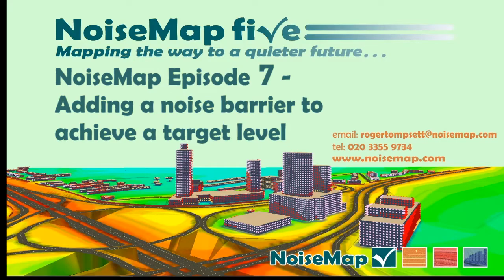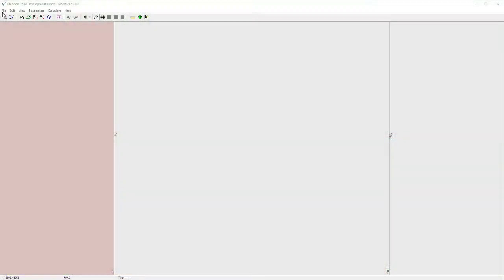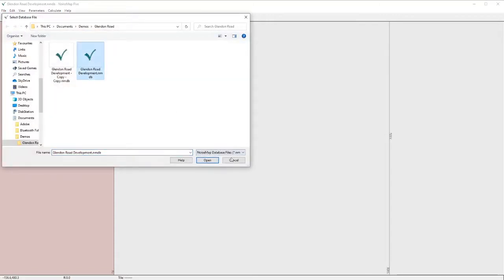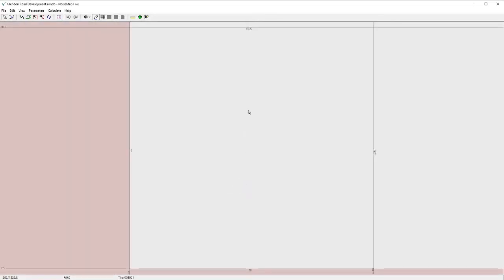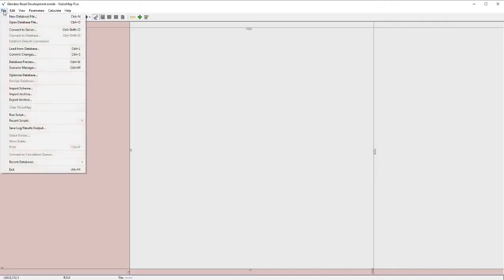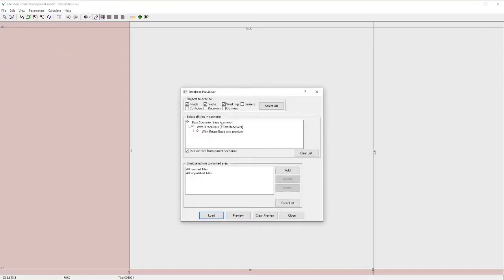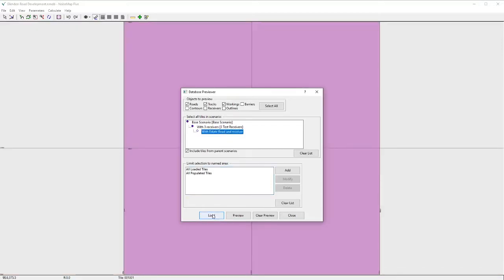This time we're going to do some acoustic design with NoiseMap, and this is one of its real strengths. So we're going to open the model that we've worked on previously. File, Open Database File, and that's the model that we've worked on before. So we've opened that, and now we need to select the preview to get the right scenario, and we're going to work on the scenario of estate road and receiver. So we'll load that,